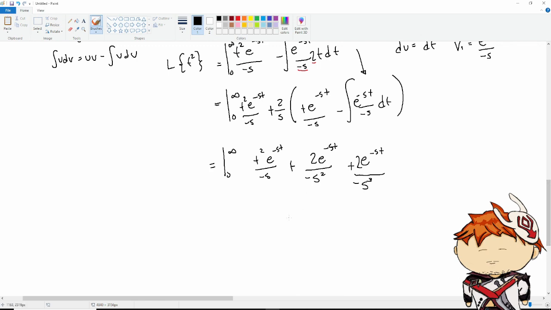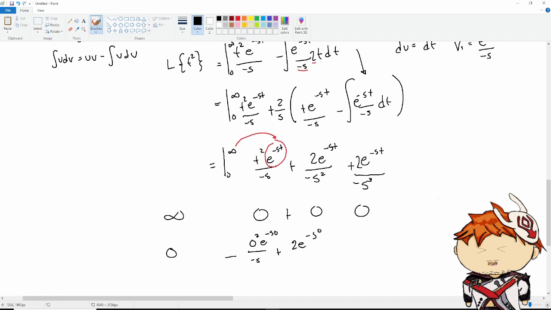For infinity, if we substitute infinity into e to the negative st, e raised to infinity is a very big number, and if you divide by e raised to infinity, the upper limit will become 0. For the lower limit, we have 0 squared e to the negative s0 over negative s, plus 2